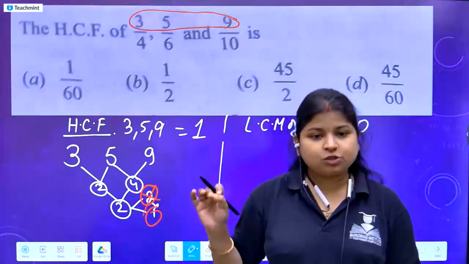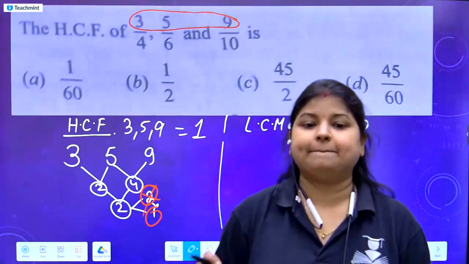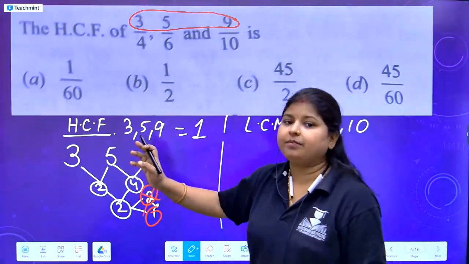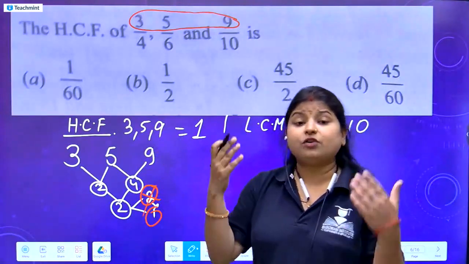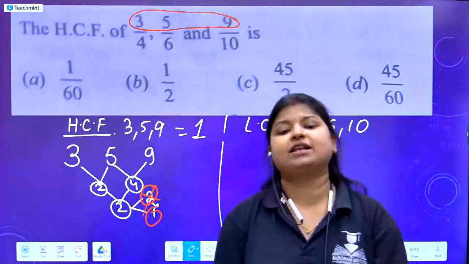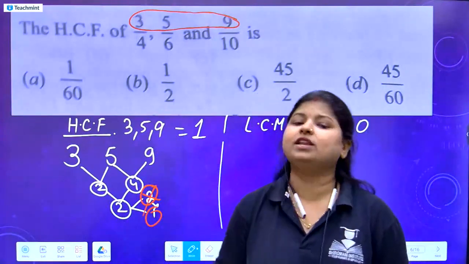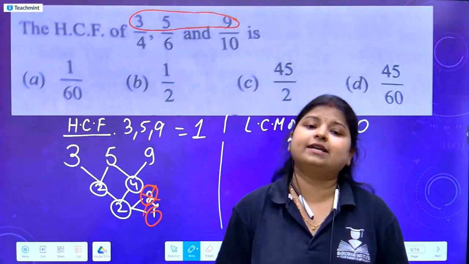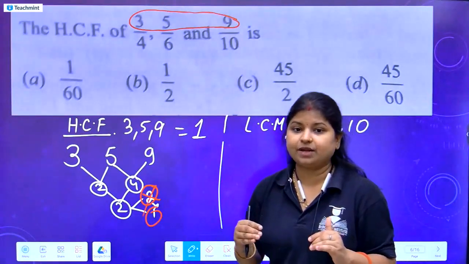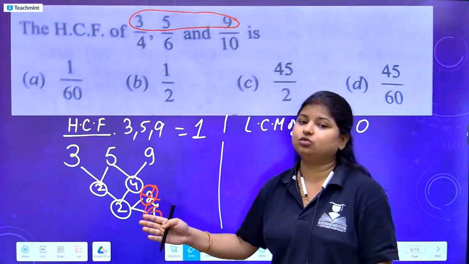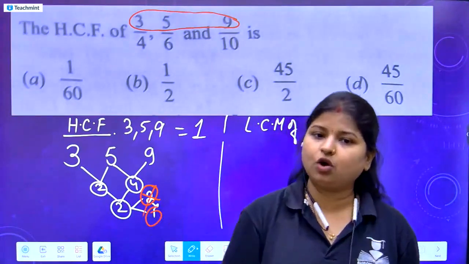Now this 2 should be my HCF, but the given numbers 3, 5 and 9 are not divisible by 2. तो अगर वो divisible ही नहीं है तो HCF कैसे होगा? 2 तो HCF हो ही नहीं सकता। तो फिर क्या करते थे, हम उस 2 को फर्दर ब्रेक डाउन करते थे प्राइम फैक्टर्स में। So when I break down this 2, तो क्या लिखोगे, 2 into 1 ही तो होगा।